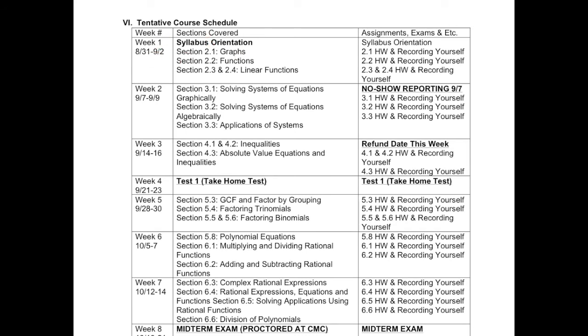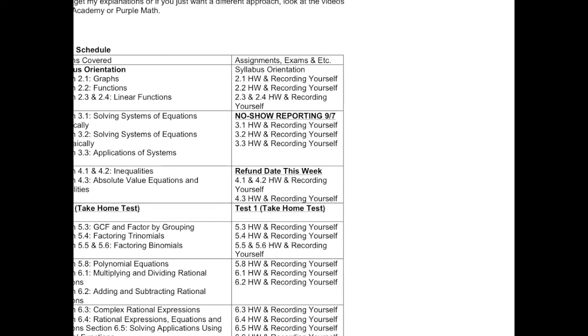So what I want you to do is look here, notice how this is week 1. Notice how all of this stuff in here matches the week 1 module that you have in Canvas, okay? During the first week, you've got the syllabus orientation, that's what you're doing right now, but then you've got sections 2.1, 2.2, 2.3, and 2.4, okay? And all the material for this section is due Thursday, September 2nd at